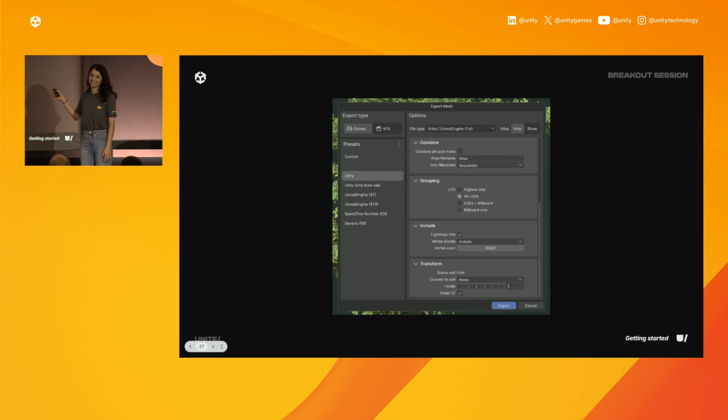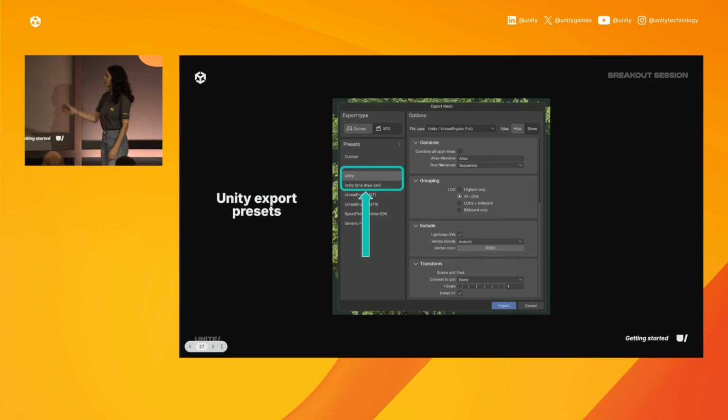So here's our export dialog. And we know this can get tedious really fast. So we have some things to make this easier for you. If you were listening really closely in the keynote, you might have heard them talk about in Fantasy Kingdom how they packaged everything up into one lookup. So you can do that too, super easy with the Unity export presets. So you see here that we've got a couple for you, and one of them is a one draw call option. So if you need to package up all of your textures and your wind really tiny, that's a fantastic option for you to use.